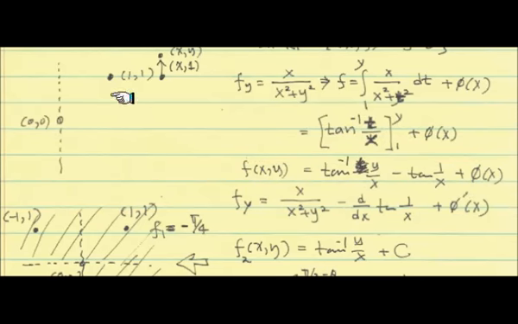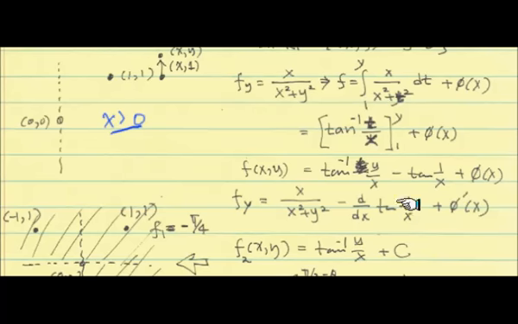So let's do that with y. We should start from some point, not over here, that's going to be outside the range. We have to take care of this part where x is greater than 0. We start from some point like (1, 1) up there, and integrate along vertically. Then you're not going to bump into any problem as long as we have this condition. So you start from x over x squared plus y squared, which is the Q part, and then we integrate with respect to y, and it's supposed to be that potential function. So we're integrating with respect to y, keeping x as a constant.